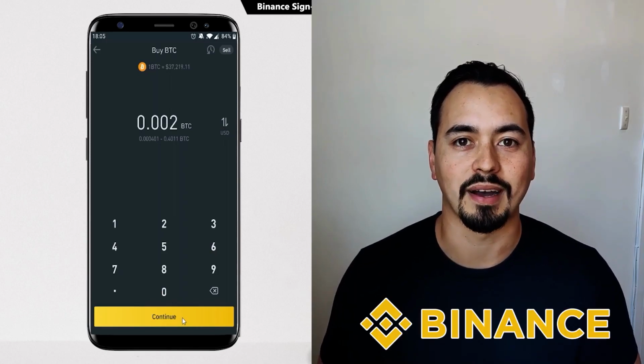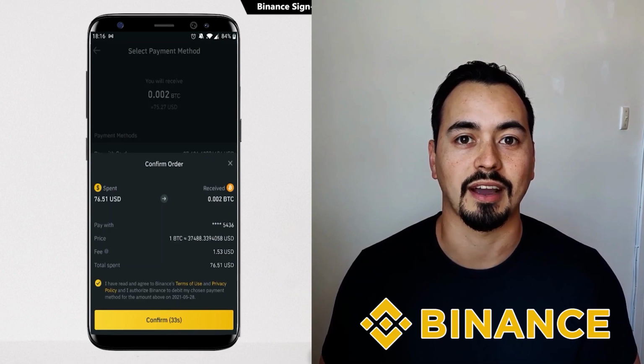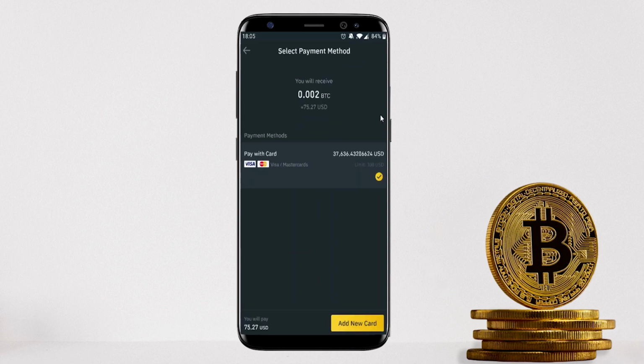The Binance mobile app is by far one of the easiest and safest ways to buy cryptocurrencies through your phone. If you're new to crypto and want a simple way to purchase Bitcoin, Ethereum or other cryptocurrencies, then Binance is a really good option for you. I will show you step by step how to use the Binance mobile app to buy cryptocurrencies in this beginner-friendly